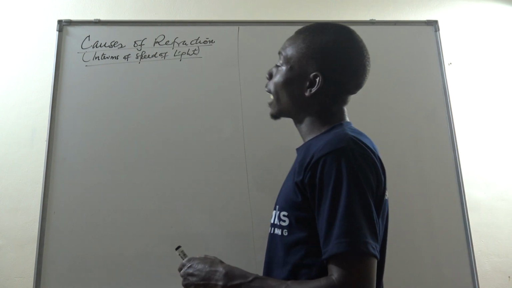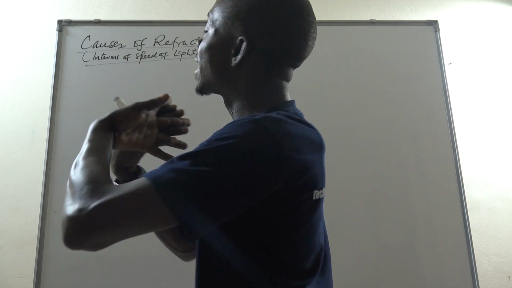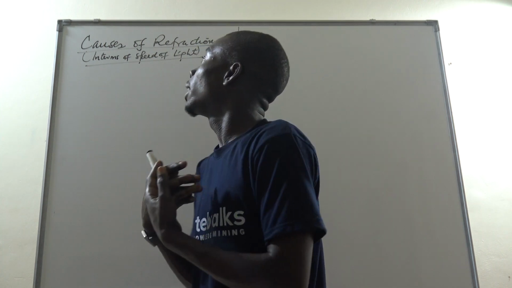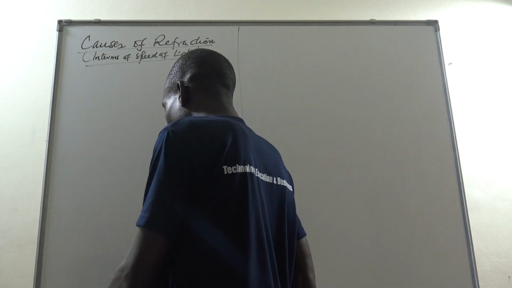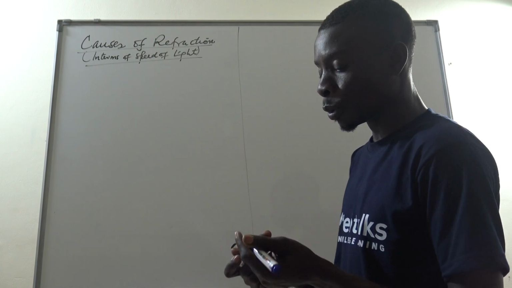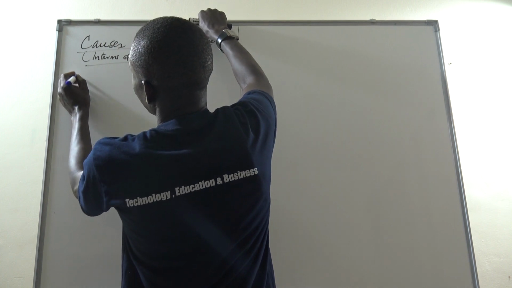So now let's look at causes of refraction. What brings about the change in direction of light, and then we should talk about that in terms of speed of light. So if they ask you to explain the causes of refraction in terms of speed of light, what can you say? We can say